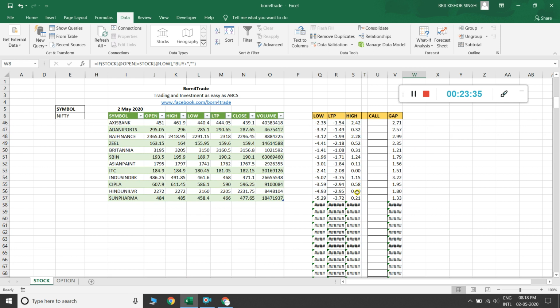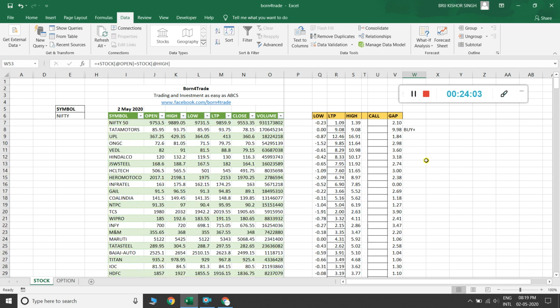And the same here, I just came in the high column, here is 0.00, it means ITC open is equal to high. This is the logic. Then I just make an effort about open is equal to high, then it is true. You can understand this process to make a call signal automatically.